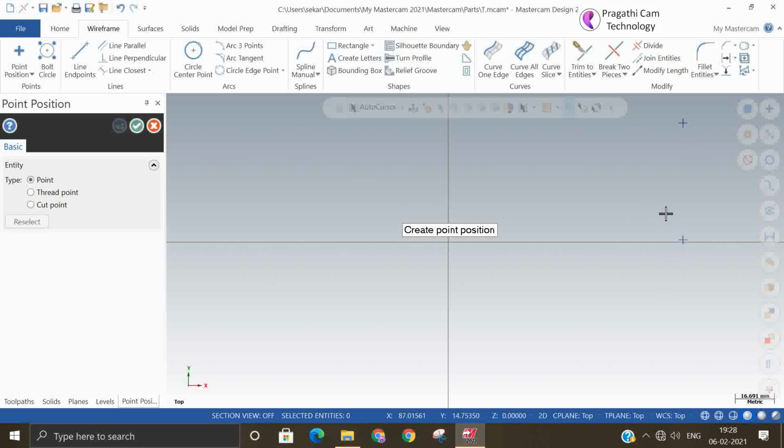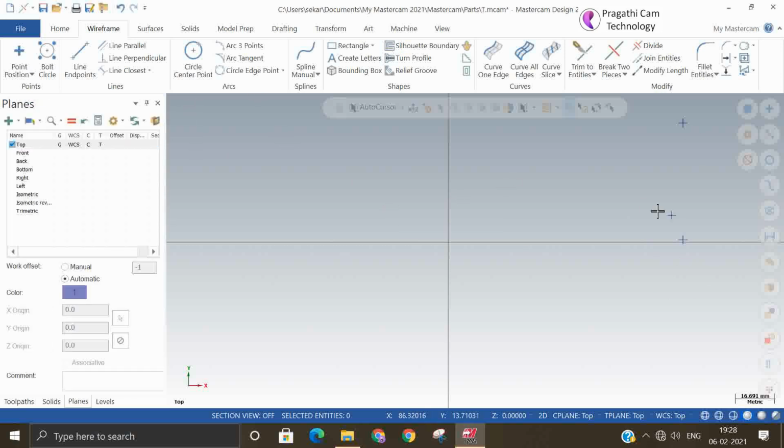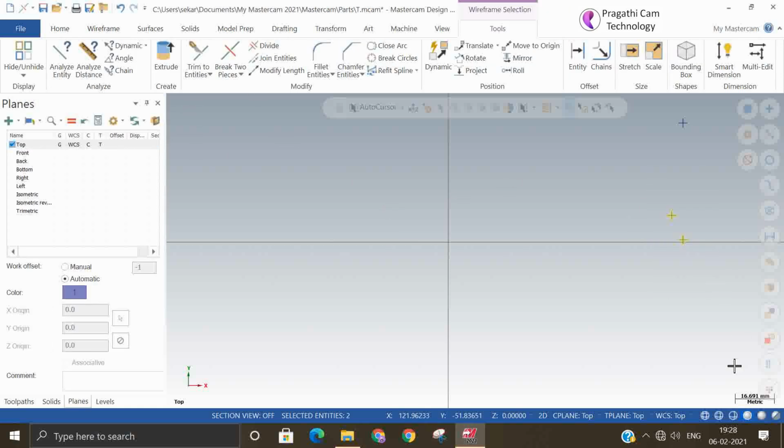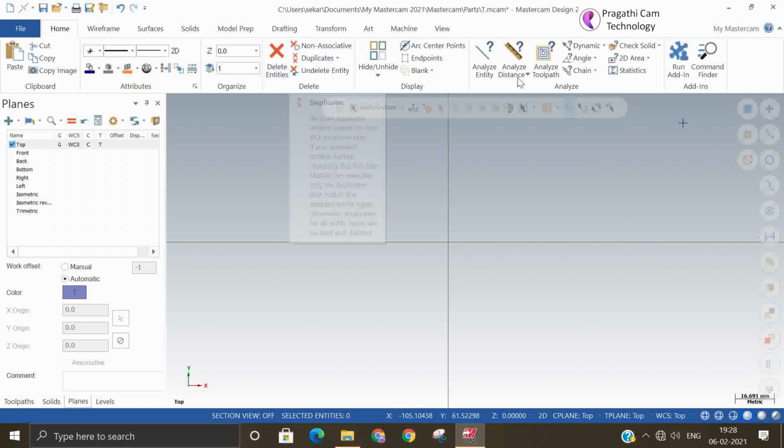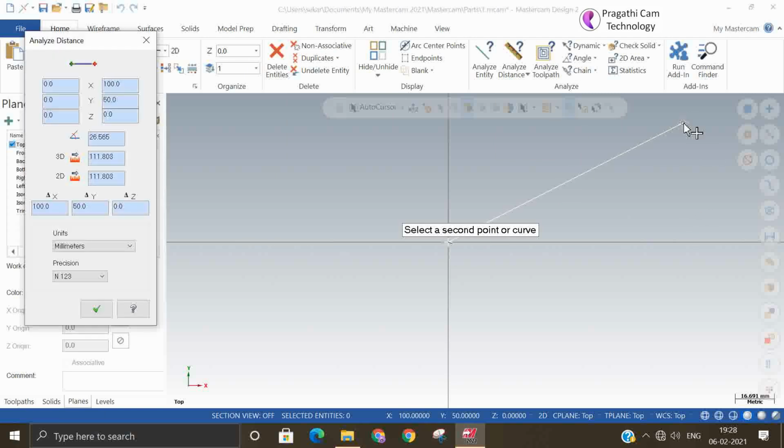Okay, so now you can check whether this is the point as per the dimension we entered. You can check that position from the origin to here in the z direction. You can see that it is 100 x 100.